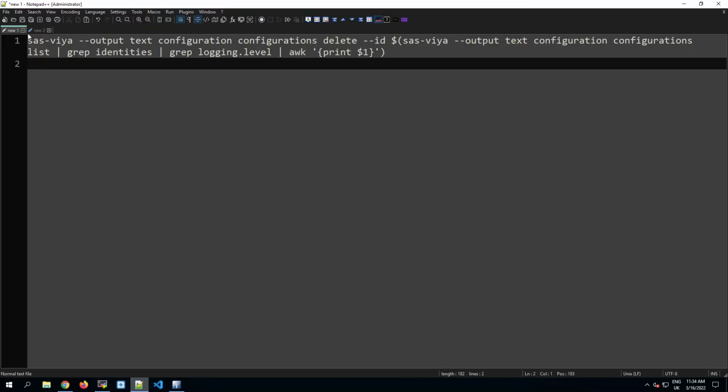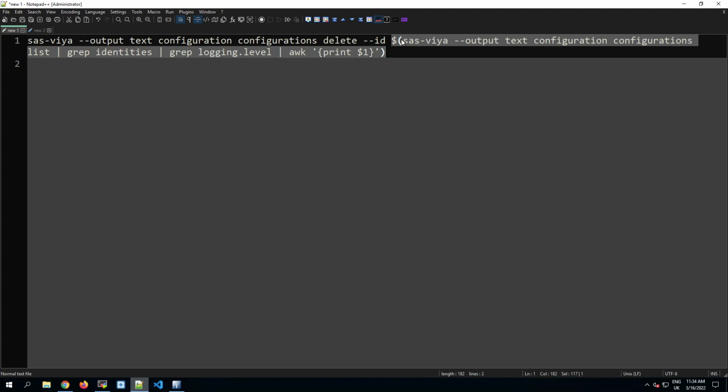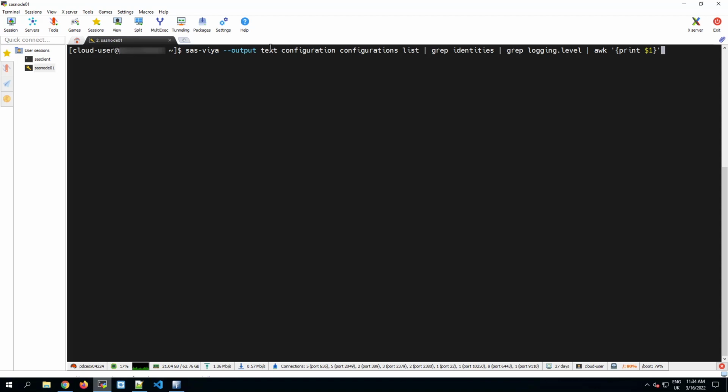And this first one I'm going to run is a little bit complicated. It's really made up of two commands. So here inside this $ and round brackets is a subcommand that's going to run, let's just run that on its own. So that is going to run the SASFire command line interface, and it's going to output as text.